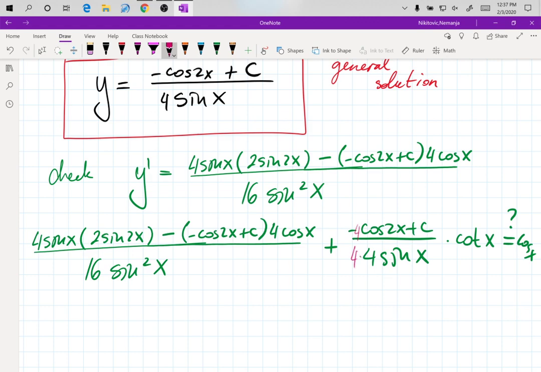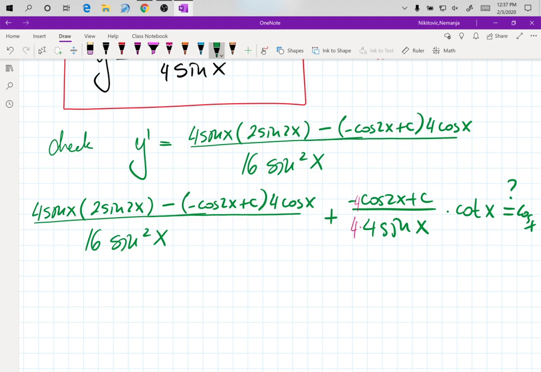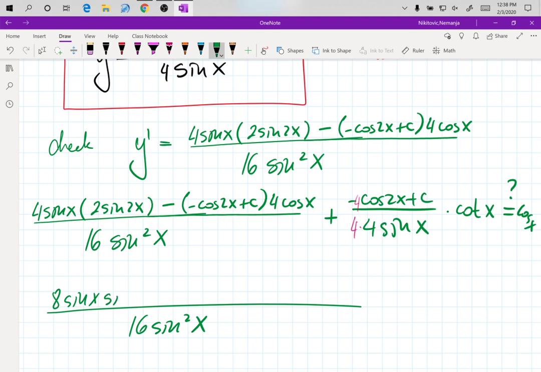And I already have sine in there. So what do I get? I get now this 16 sine squared x as a common denominator. On top, I have 8 sine x sine 2x plus 4 cosine cosine 2x